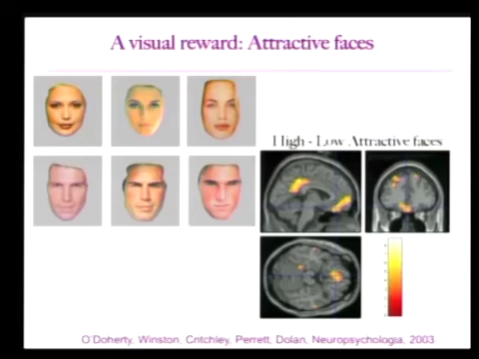pretty faces. So as humans, we actually like looking at other people. And we like looking at people that are more attractive more than we like looking at people that are less attractive. So what we did here is we put people in the scanner. We didn't actually tell them we were looking at attractiveness. We just showed them some images. And the images were either attractive people or less attractive people, should I say. I'm only showing you the people that were in the attractive category here. I think it's not right for me to show the people that were less attractive.